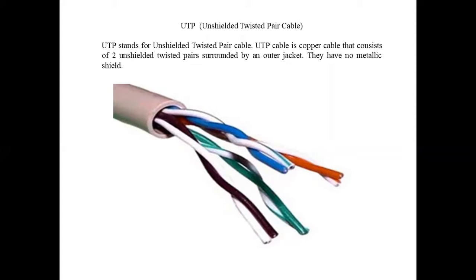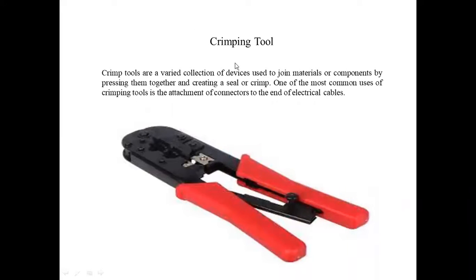So as the name implies, twisted pair. Twisted means it is a combination of two cables that are twisted upon each other. As shown in your diagram, we have two wires that are twisted together, and they are responsible for sending the signals from one end to the other end, and that is also covered by a single material. Look at your screens where the mouse is. If the metallic shield is at this side, then it is called shielded. But in our syllabus experiment here, we have the unshielded. Clear? So next, we have the crimping tool.